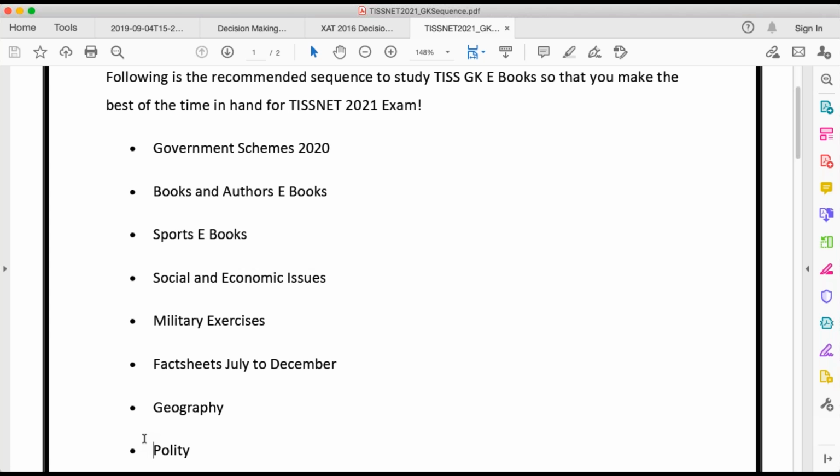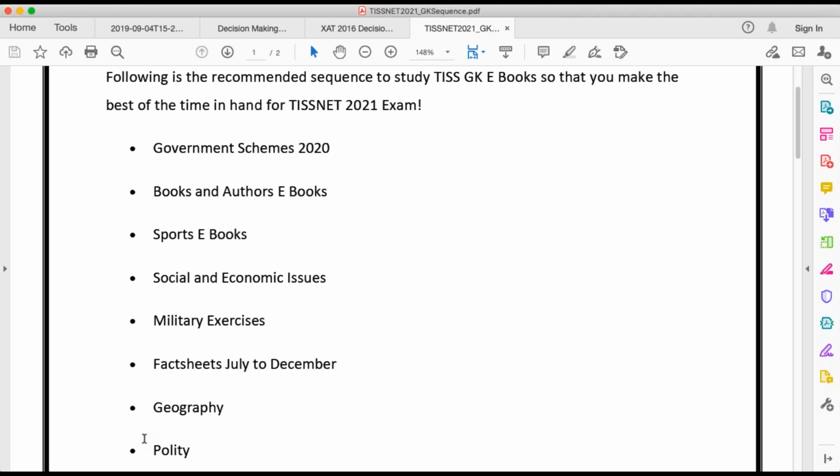Yes, Simran, the geography revision ebook which I have provided is something which will take care of 90% of questions that can come from geography. Seaports are important, Anamika. Yes, you should remember seaports. Then you should know wildlife sanctuaries, where a particular sanctuary is located, where a particular lake is located. So all those kind of things they can ask you from geography.